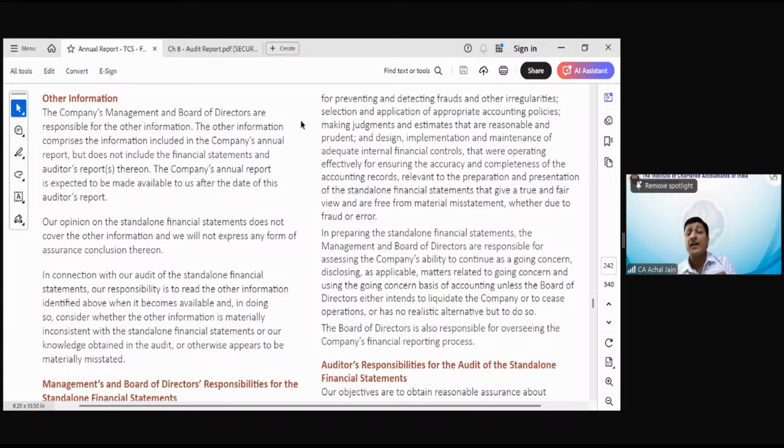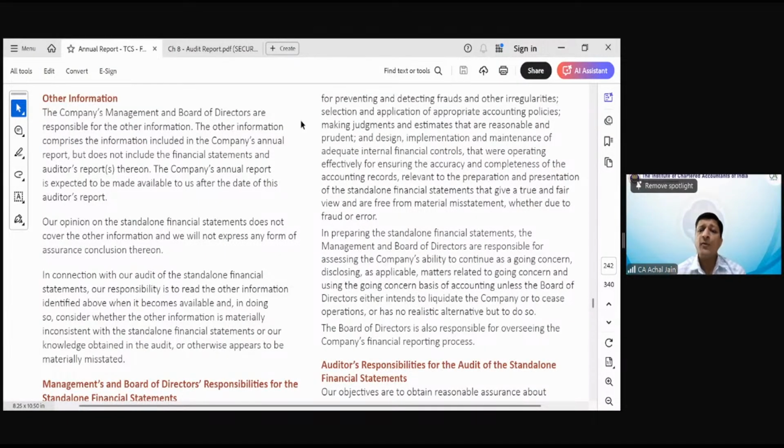So in this para, you can understand that each and everything in relation to the entity belongs to the management. And that is what the auditor has also clarified. Okay, he has explained it in this particular para. Then,